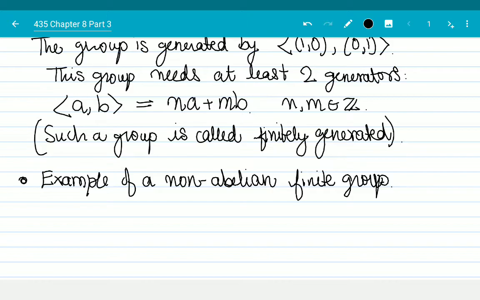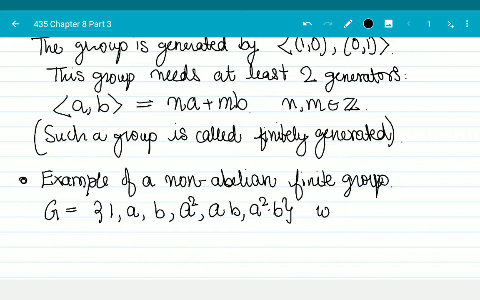So look at the group generated by a and b: G is equal to {1, a, a squared, b, ab, a squared b}